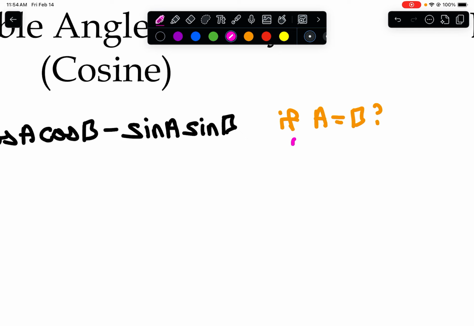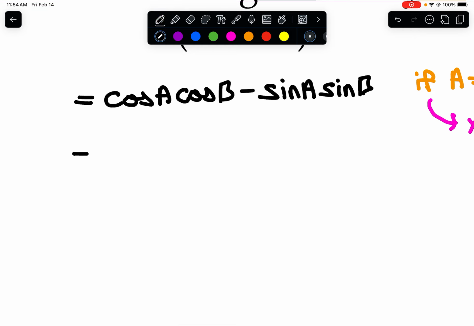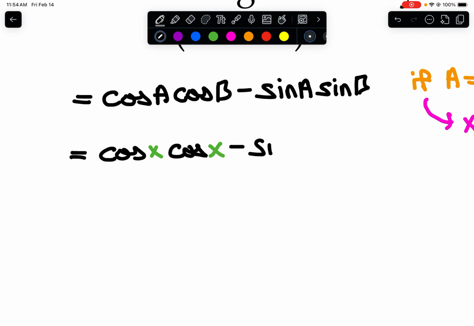I'm going to replace A and B with my X values since those are going to be the same. So now I'm going to have cosine of X times cosine of X again, and then minus sine of X